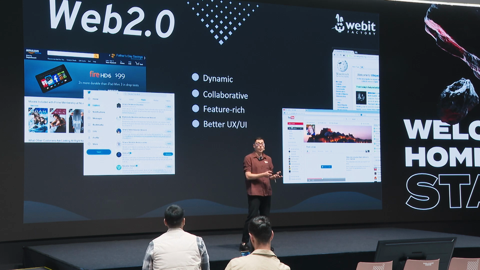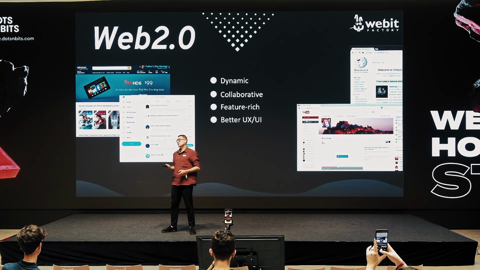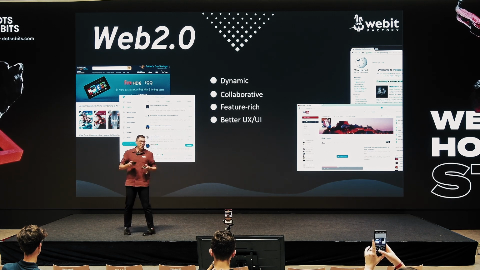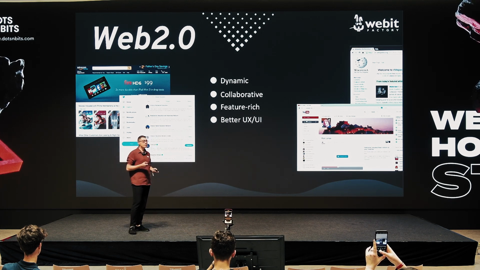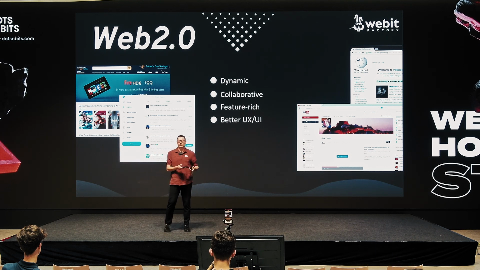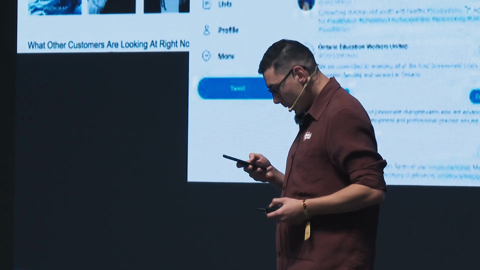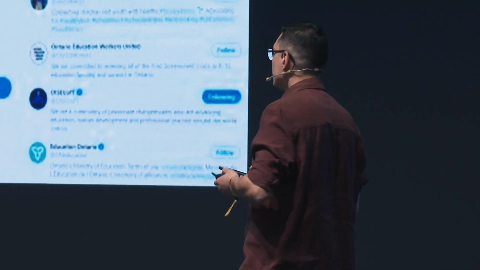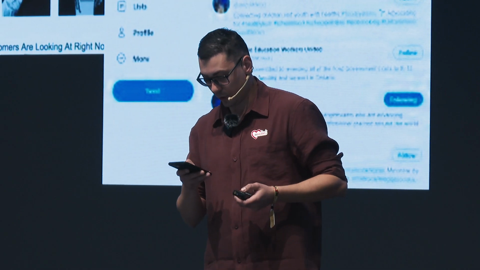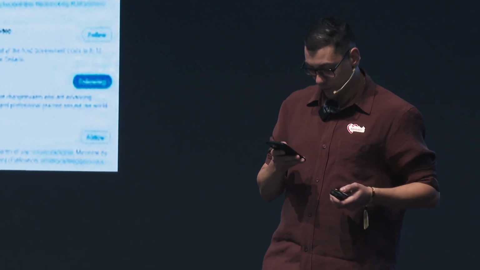Basically, the difference between Web 1.0 and Web 2.0 is that we have more dynamic websites, we have better user experience, and users can contribute content, like on Twitter. You make a post that's going to be shared with all your followers, right? So, this is one of the first major differences between Web 1.0 and Web 2.0: the collaborative content, where everyone creates content, posts it on the internet, and other users can read it and get insights from it.